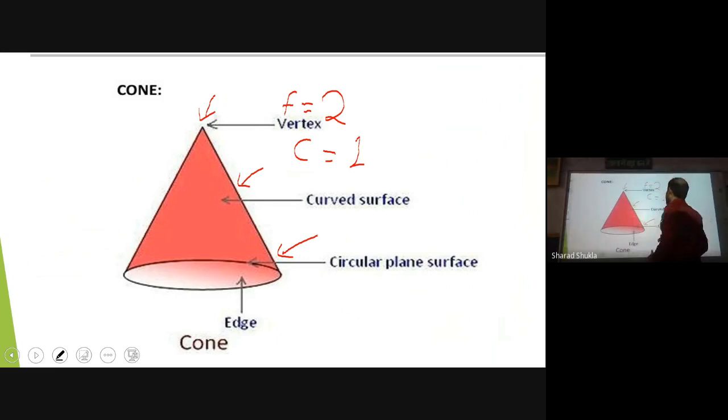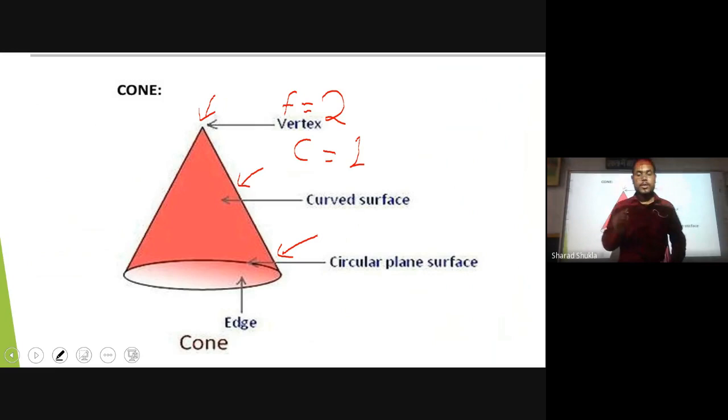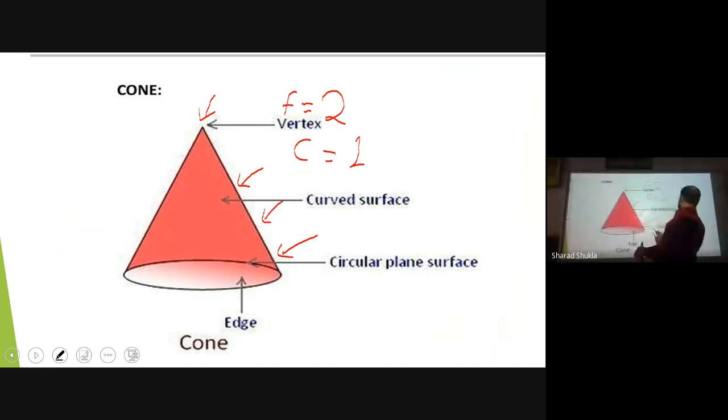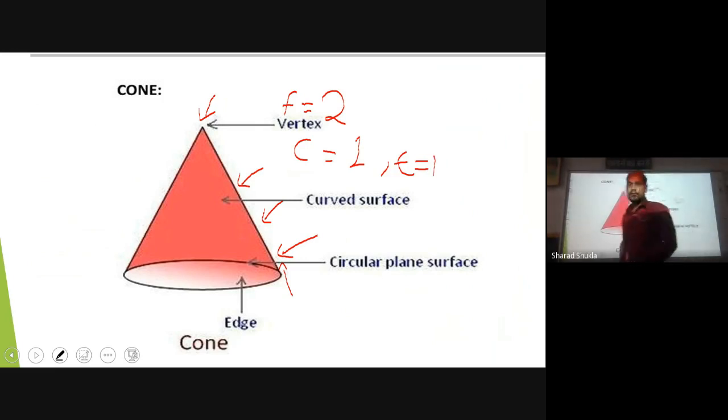Next, edges. I already said that the definition of an edge is where two faces meet. So please note that the curved face and the circular face make one edge. Then edges is equal to 1. So we found all things: faces, corners, and edges of this cone. Okay. Next